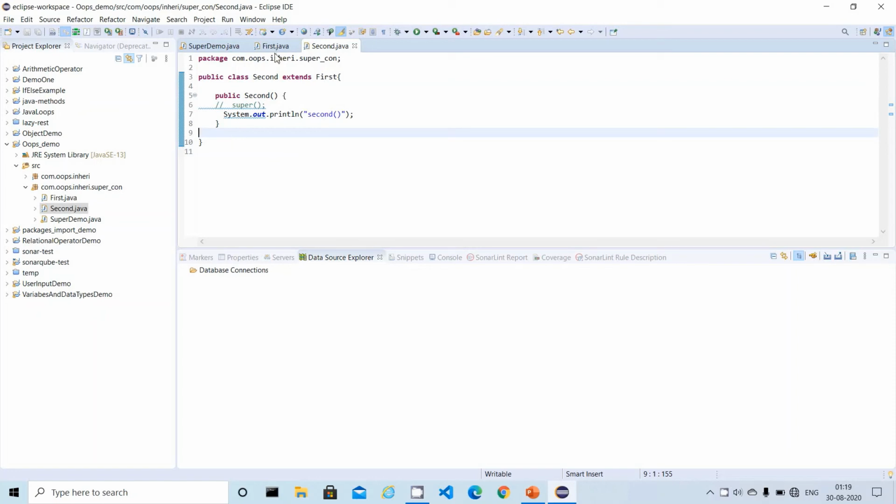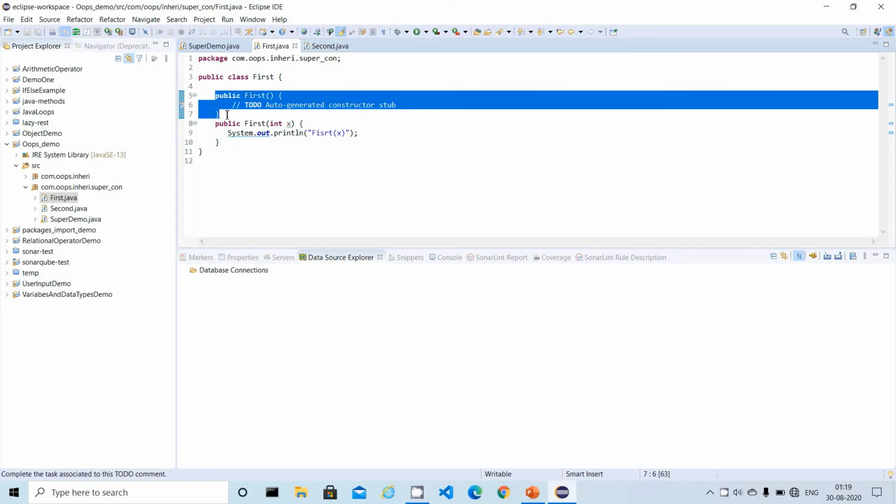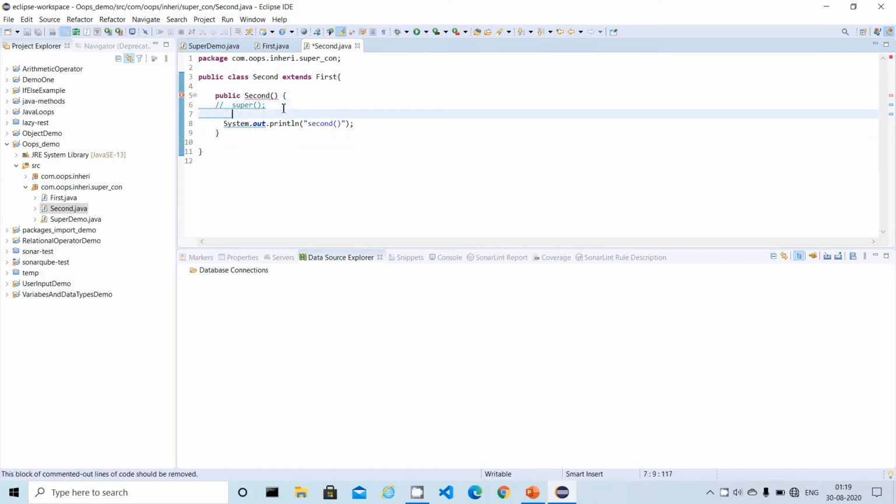And the other way, let me comment it out for a second. Say for instance there is no default constructor, how to fix this? To fix this, you can override the default super keyword by passing the necessary arguments.